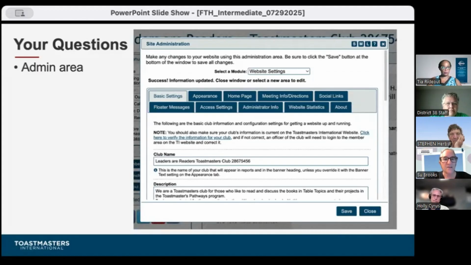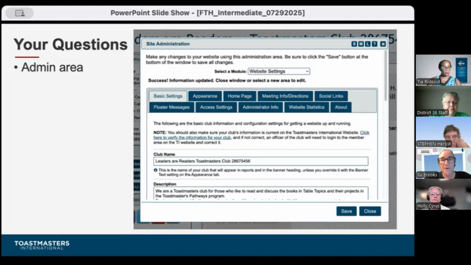But on this main screen, there are basic settings. You put in your club name, number, description, and you could see here, and in some of the other examples, I have the club name and the club number at the very top of our screens. And the reason is many people are asked to include their club number for registrations, for information for other guests. And I happen to be a member of a number of clubs, so I don't have all of them memorized. So having these numbers up at the top of your page is good.